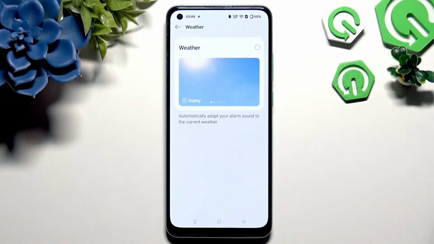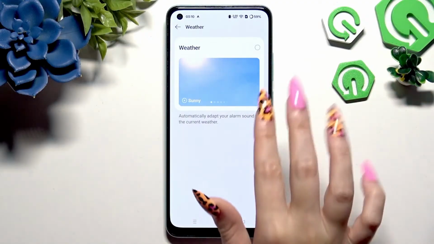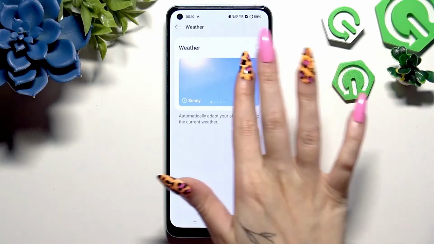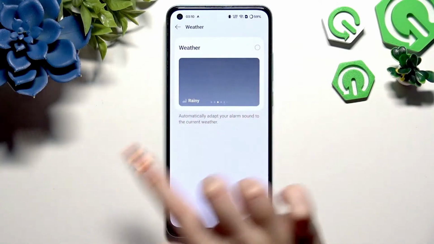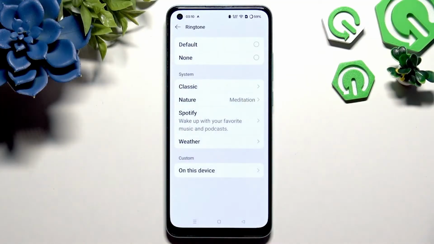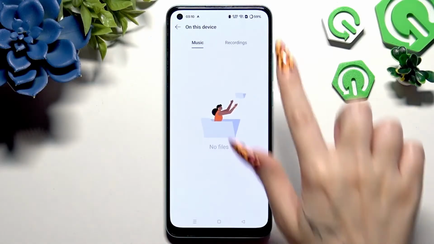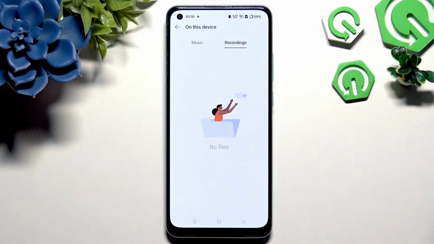This feature is actually called Weather Adaptive, and thanks to it, your alarm ringtone will change each day based on the weather. Sunny, cloudy, stormy, snowy, and I think one more. Rainy, stormy, and windy, so even more than one. You can also hit on this device and tap on any song from your smartphone to set it up instead. Go back,